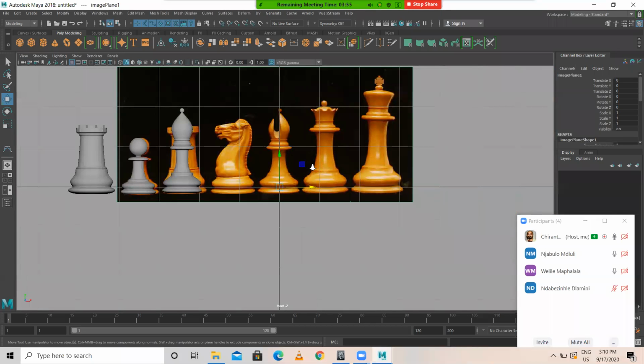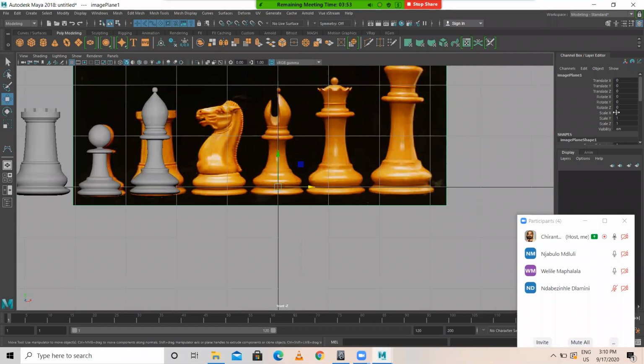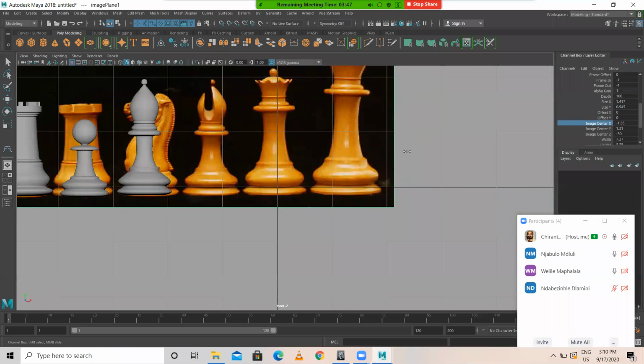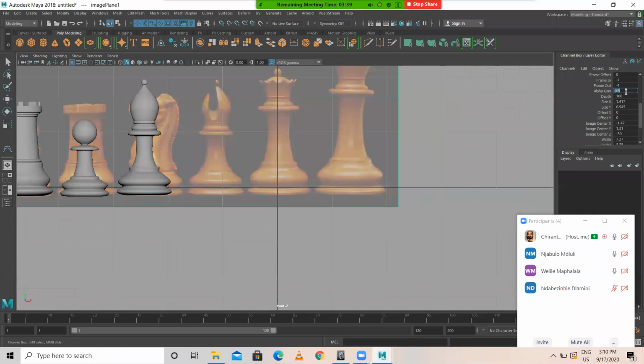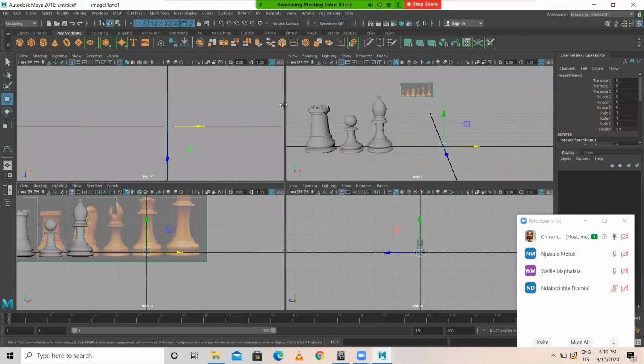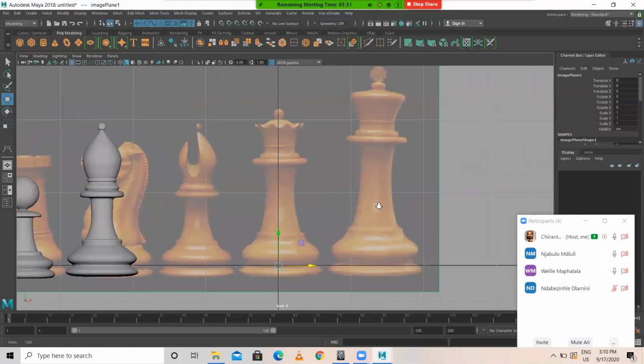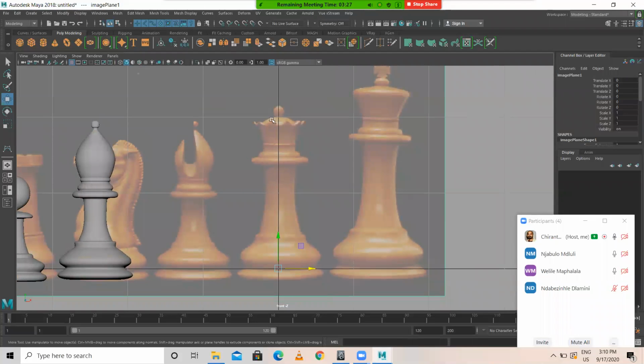Let me do this model. To do this, just come down, select image center X, hold Control, middle mouse. Okay, always it has to be in the center of the grid. This dark line is there now. See this dark line. See the image. Always this image, whatever we do, should be in the center of the grid.